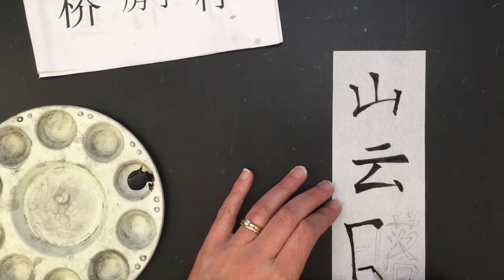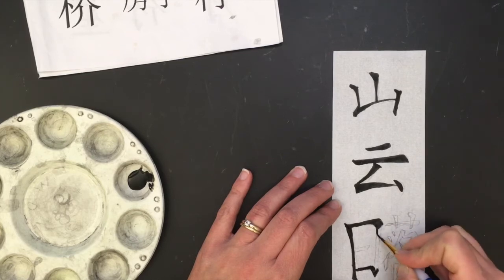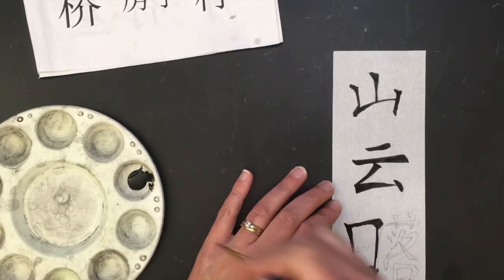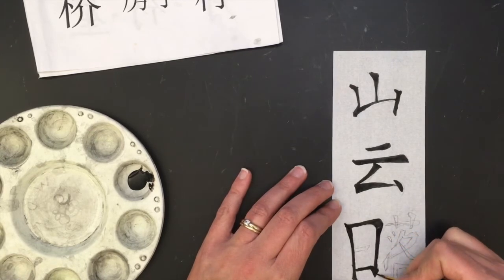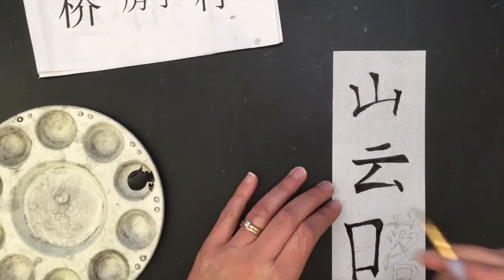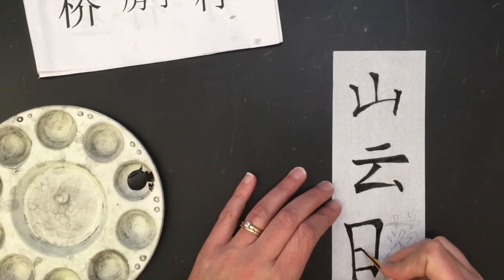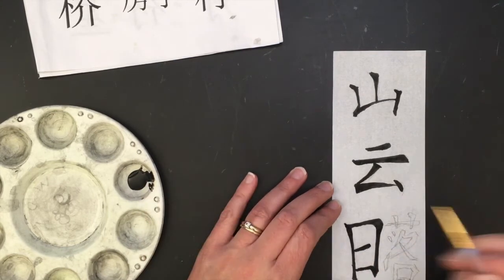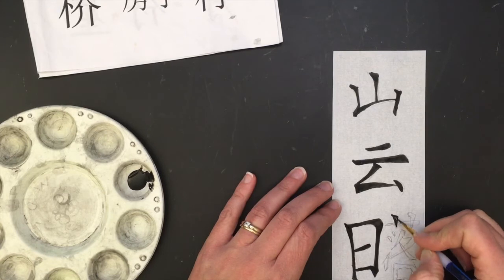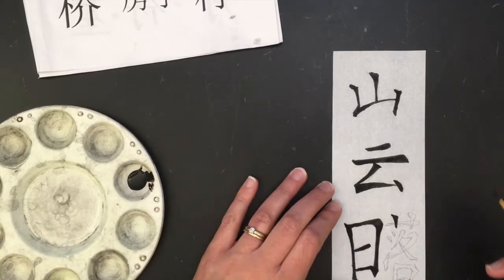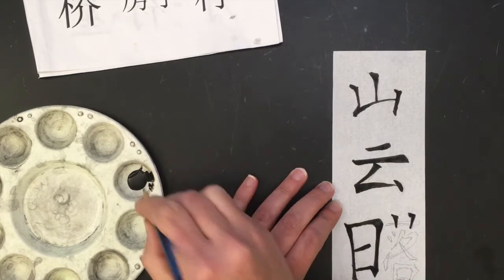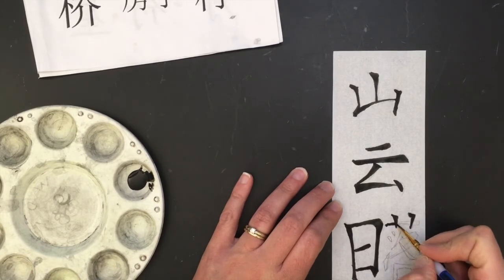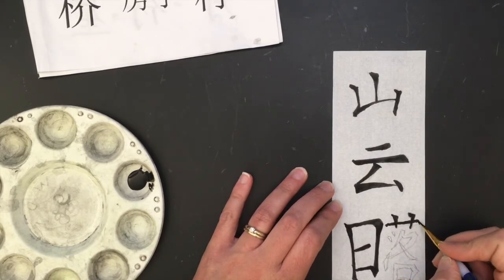Now, if you have time to do a second, I encourage you to do that, because once our landscapes are all finished, we've done all of our touch-up or finish-up work, we're going to be deciding which calligraphy is our best to mount as our final with our landscape. So it's always good to have more, not less choice. So again, if you have time, go ahead and do an extra, so that way you can choose what your best is, right? But if you only have time to do one, that's totally okay. But hopefully, if you've got one of those spares and you have a chance to ink it,